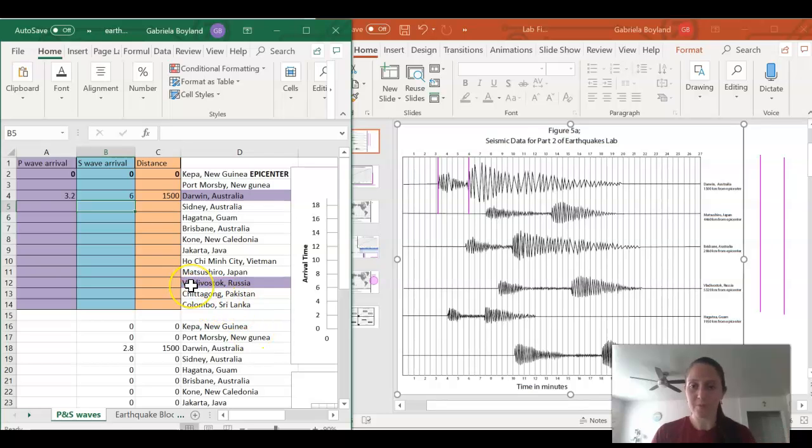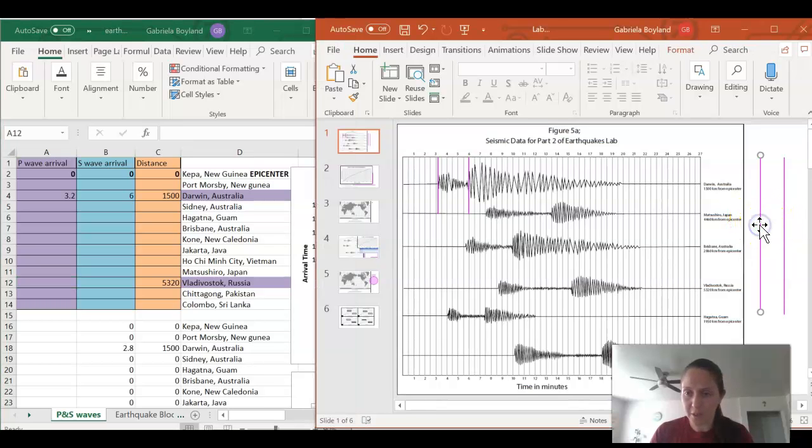Okay? All right, so next let's go through the location Vladivostok in Russia. So Vladivostok is right here. So he lists that Vladivostok is about 5,320 kilometers from Papua New Guinea, which is where the earthquake happened. And now we have to locate or find out the times at which the P and S wave arrived. So P wave arrived